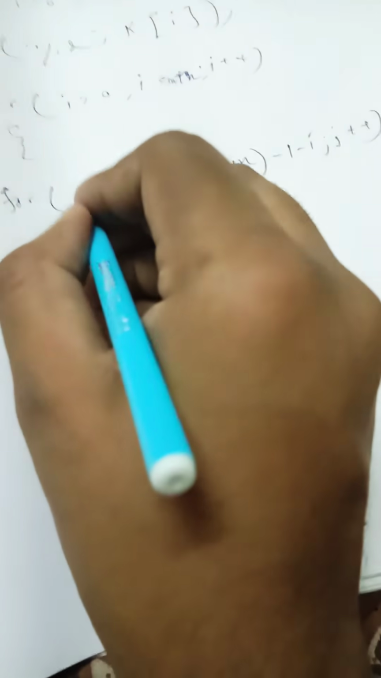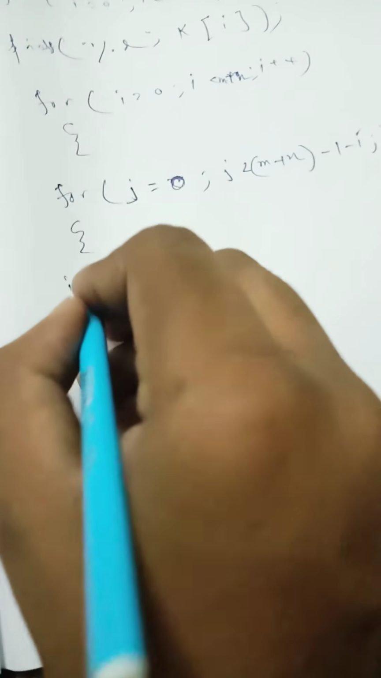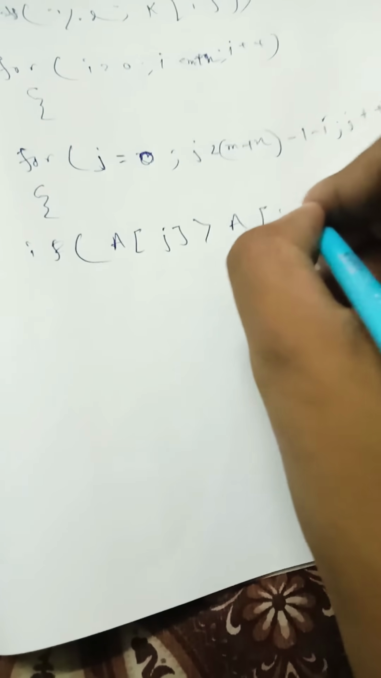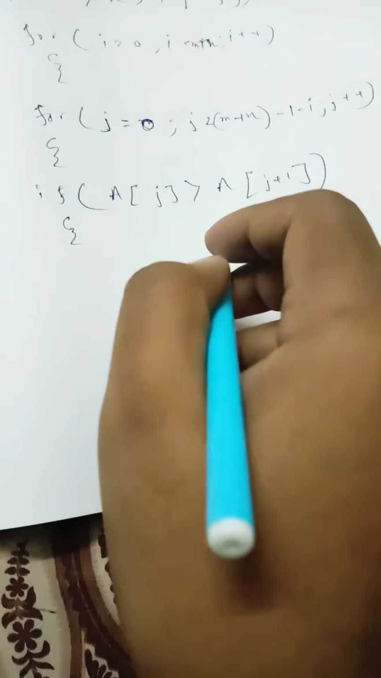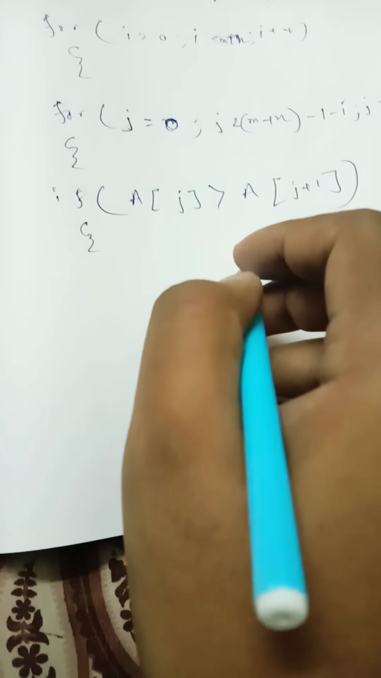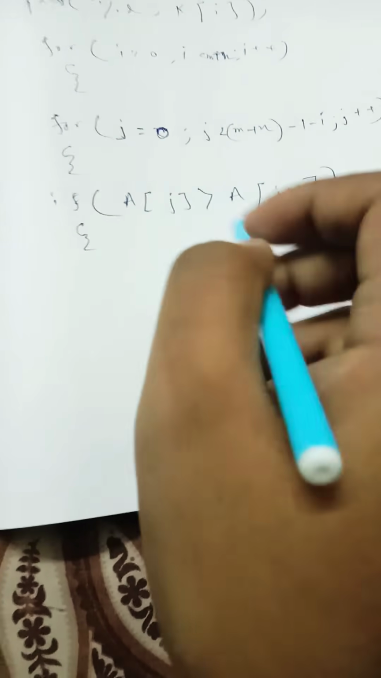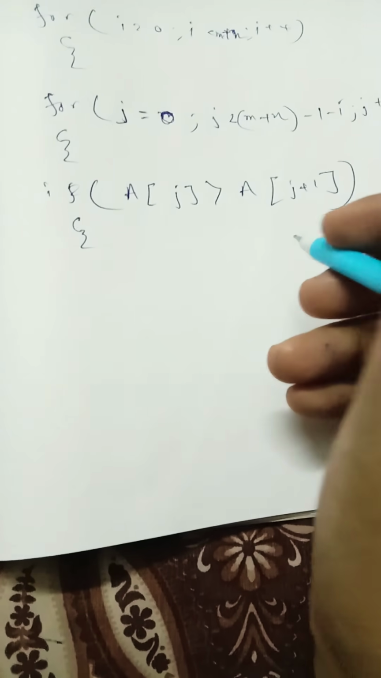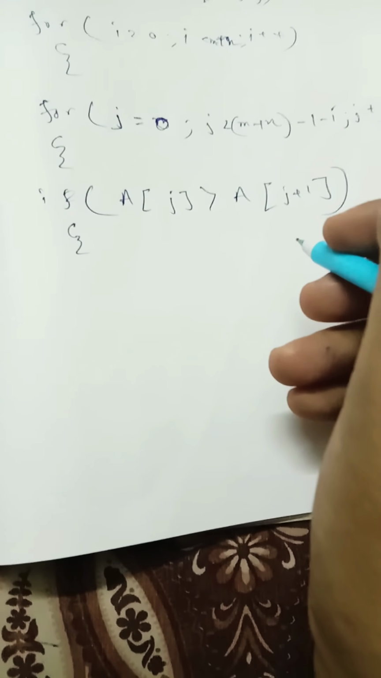So j is 0 to m plus n minus i. Now if a of j is greater than a of j plus 1, then what will happen is that it will swap, meaning it will interchange the values, because we are going to sort in ascending order. So if the first element is greater than the second element in the next index of the array, then what will happen